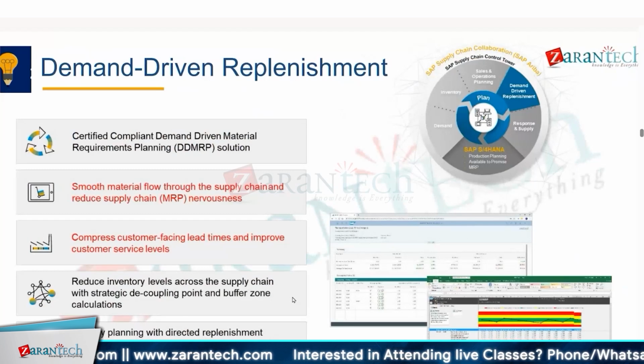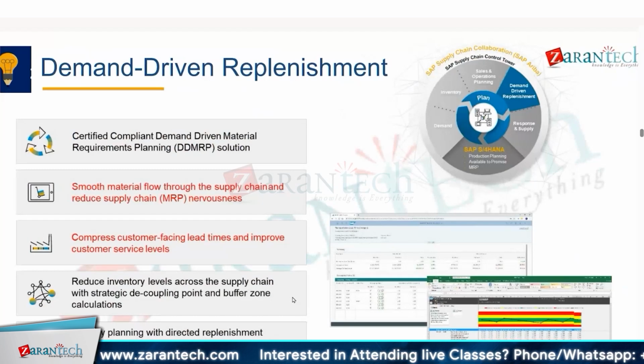So for the demand-driven MRP, normally the lead times are better and they are always improved because the supply cycle immediately starts as soon as the customer's real order is punched in the system. So when the order comes, automatically the production starts and there is a very small amount of manual intervention. So this gives a good amount of flexibility within the supply chain, and in effect, the delivery lead times are reduced. Of course, with the reduction in the delivery lead times, inventory also reduces across the supply chain, and